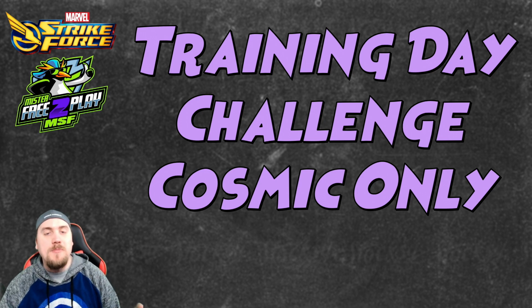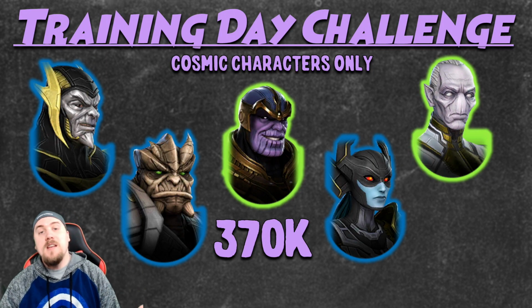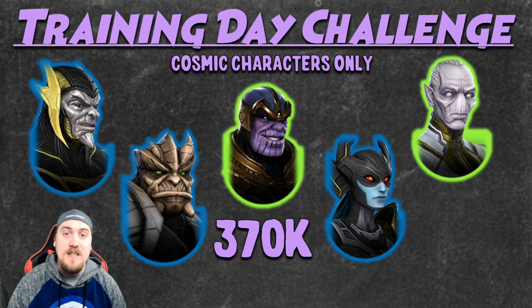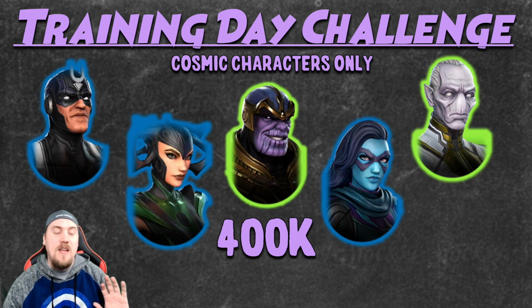Now this one takes cosmic characters only. So we have 2 teams that I'm going to recommend here that you guys can build up towards. The first one is the Black Order. They're being reported to clear around 370,000 collection power and would make a pretty decent arena team at that power also. And if you're not able to get your hands on all these guys, the next set is this one